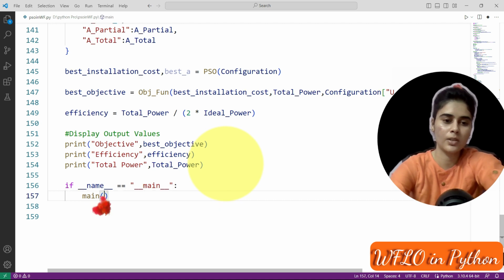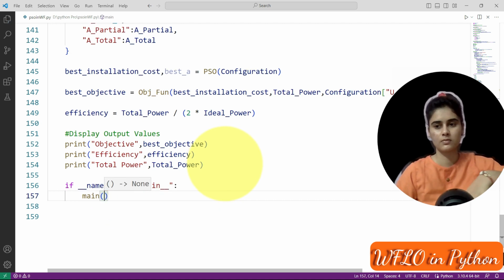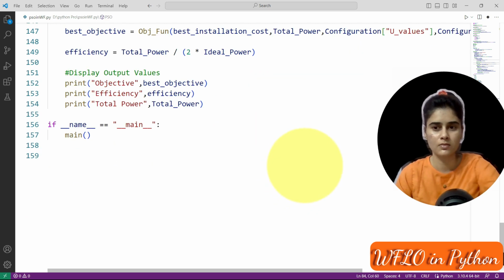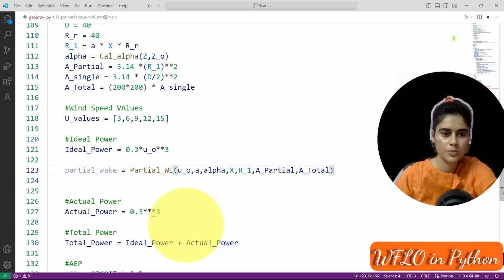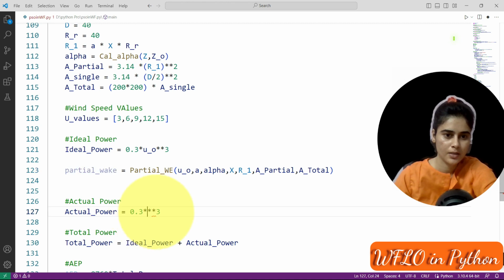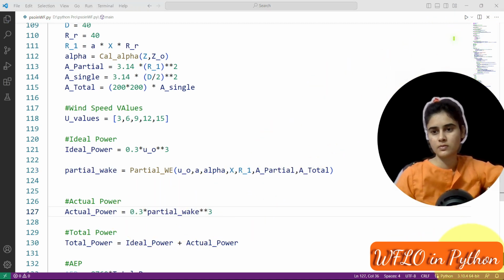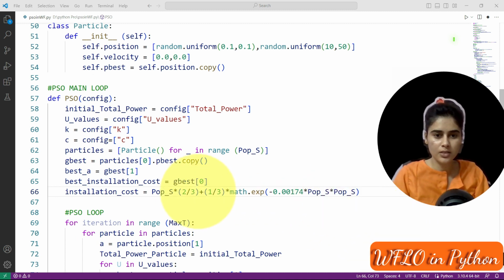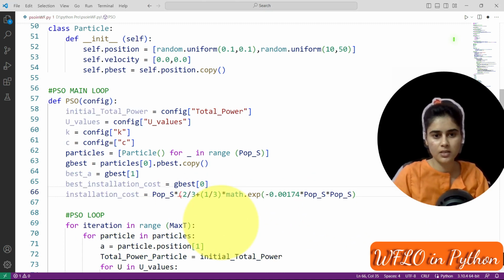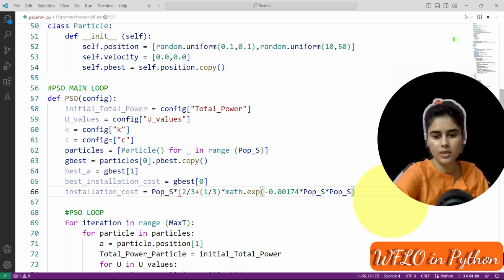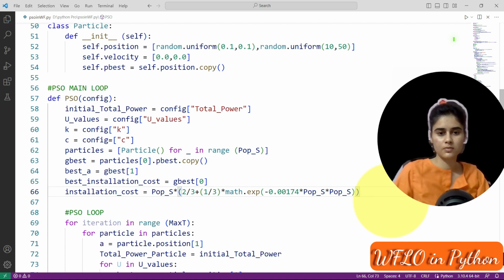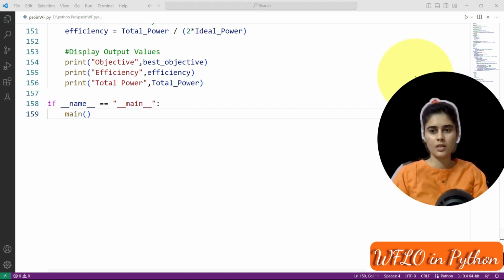Then run the file. Here we will apply this partial wake effect. So we have an error, this equation is not written as 2y3 plus this one. Now run.